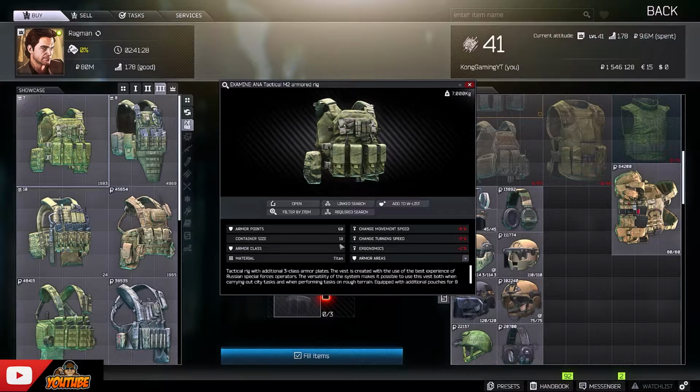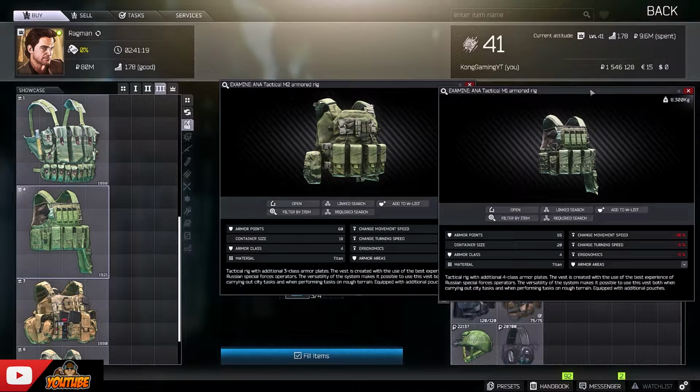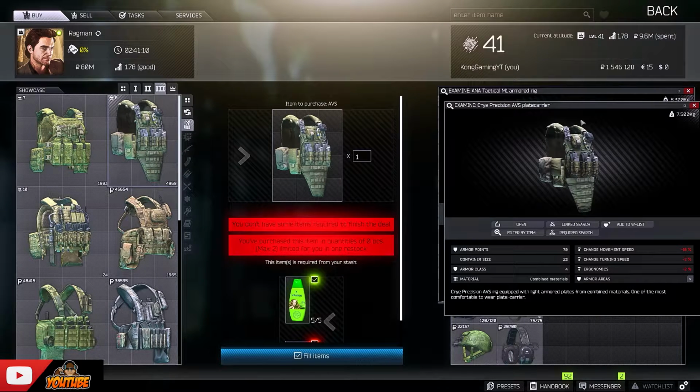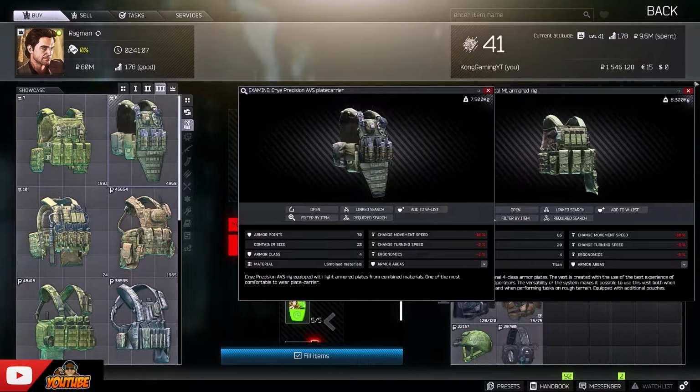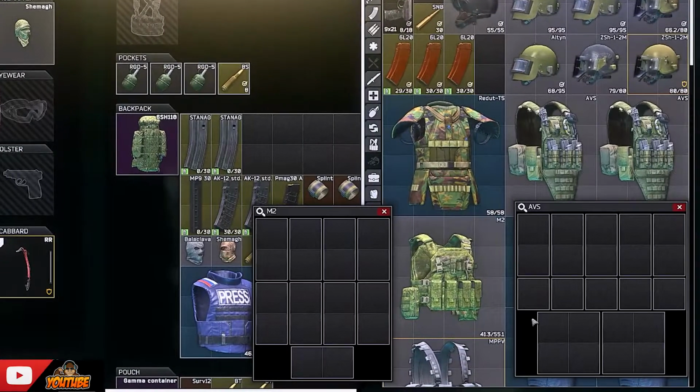This rig covers both the stomach and thorax. Now the next is the M1 tac rig because it's level 4 and has 65 hit points. It also has 20 slots, which covers both your stomach and thorax. And of course, the best of these is going to be your AVS. Level 4 armor with 70 hit points and 23 slots. Covers both stomach and thorax, and this rig also has 2 quad slots, making it the ideal rig to take